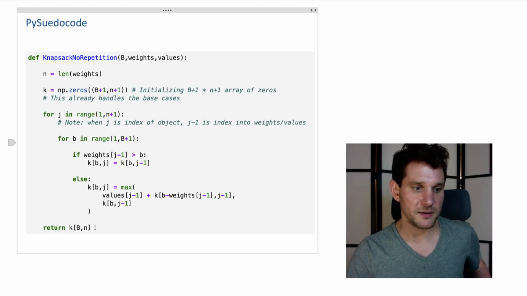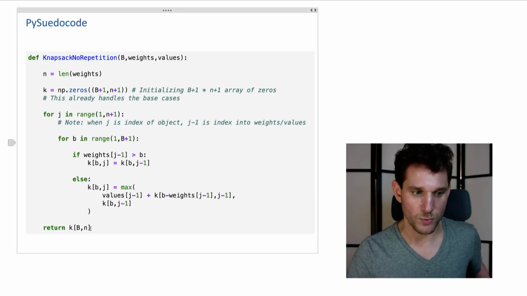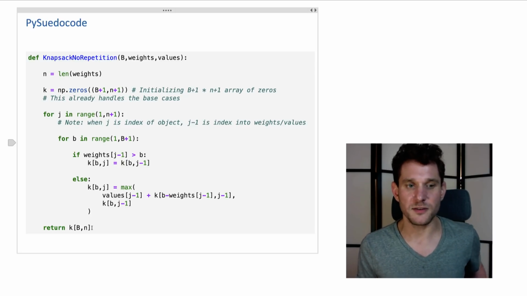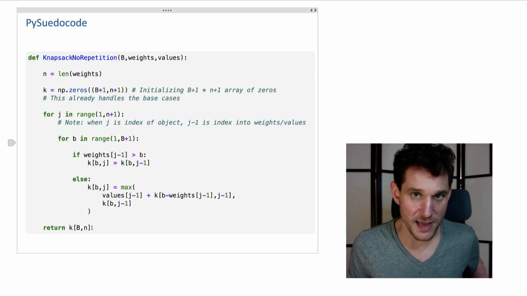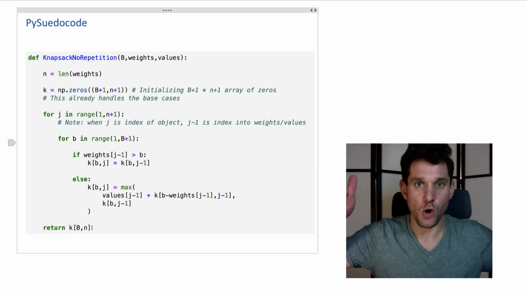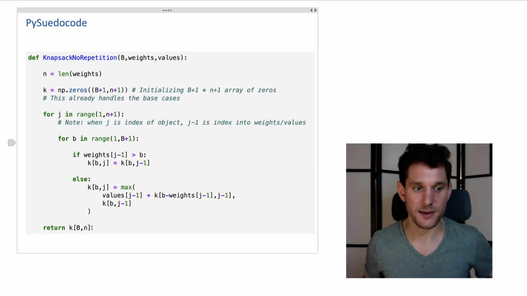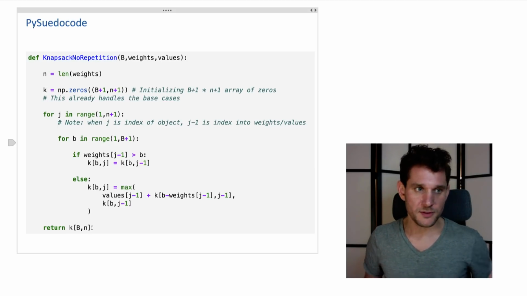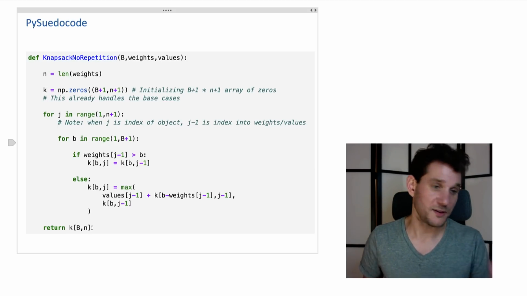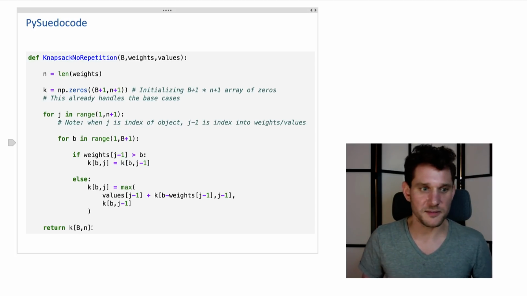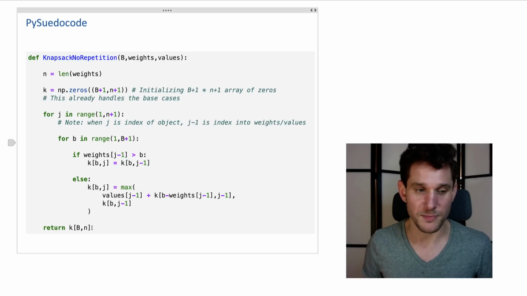And in the end, the final thing that it returns is little k of capital B comma n, which is, again, the largest value subset using capital B as the budget constraint, and the subset can come from all 1 up to n items, right? All of the items, not just the first j, but all of them up to n. So this pseudocode works. This Python code works. You can run it if you like, and this is basically just implementing the algorithm that we described on the